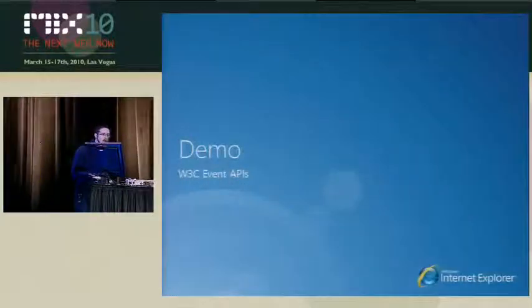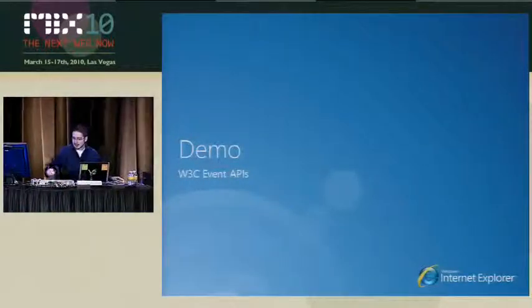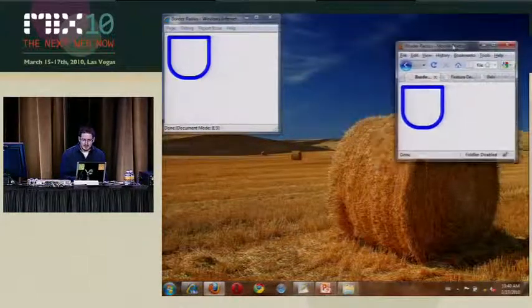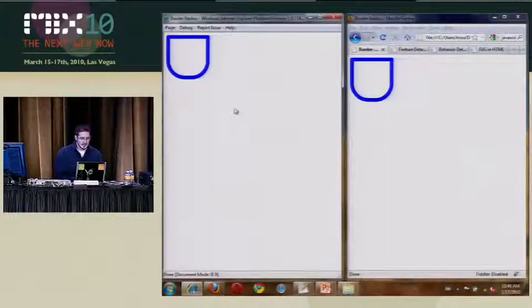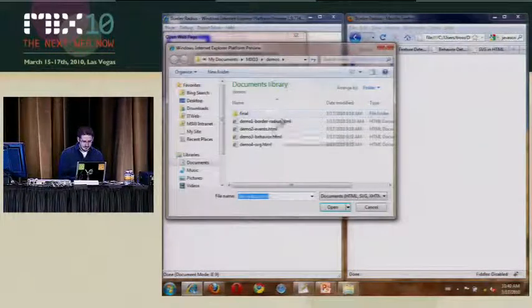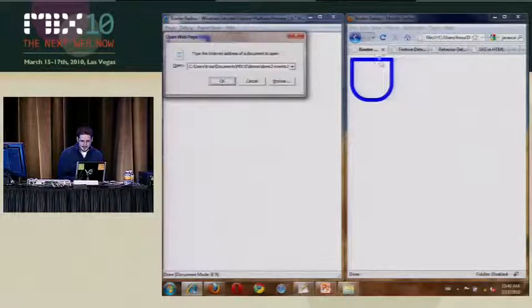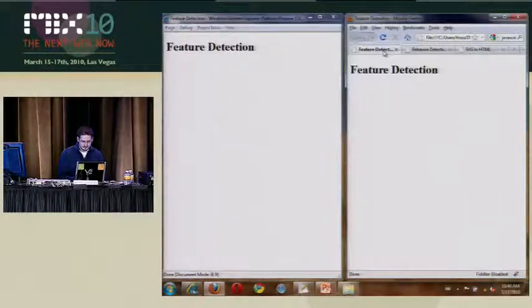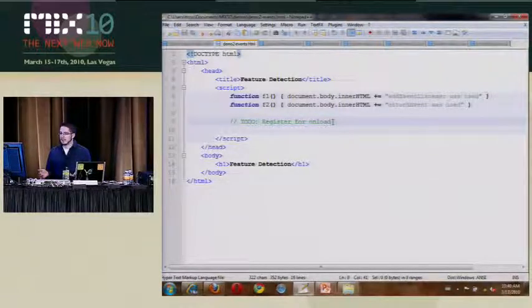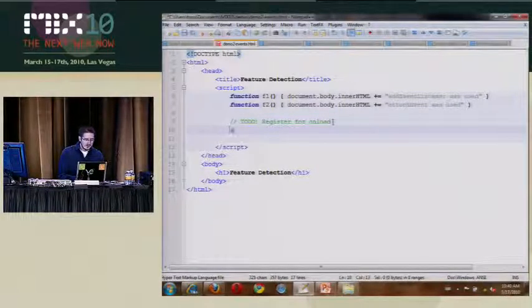Now, let me go ahead and just show you a little bit of how this works in practice. I'll switch back over to the demo machine. And I think we can take some of these out of here now. So what I want to do is open up a file that I've set up a little bit ago and go ahead and bring you to the source code. So I've got some functions I've set up, and I've got a to-do here to go ahead and register for an onload notification. Now, if I go ahead and just write window.addEventListener,